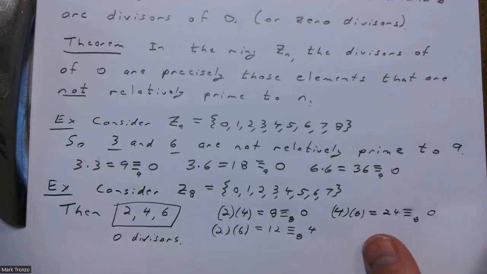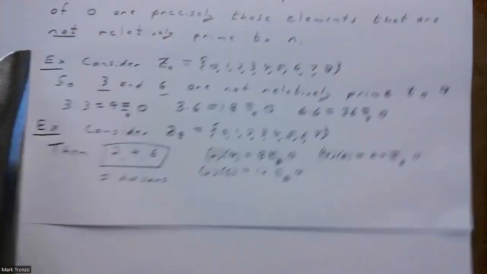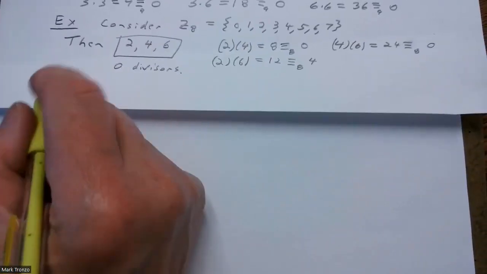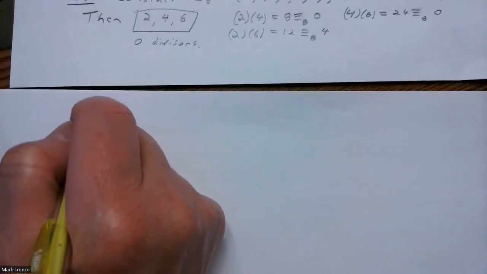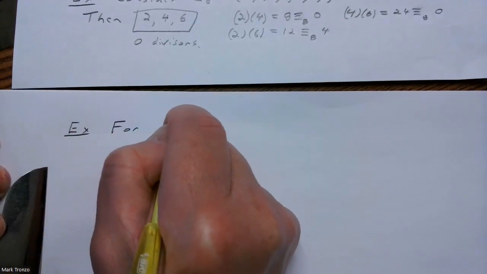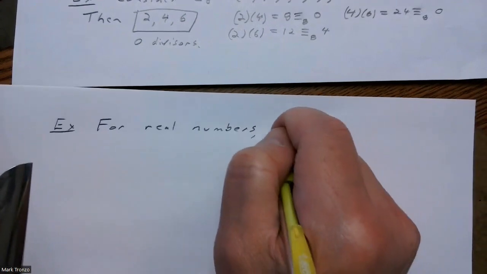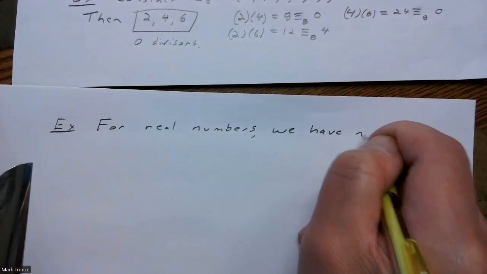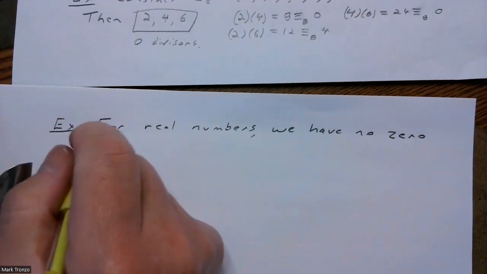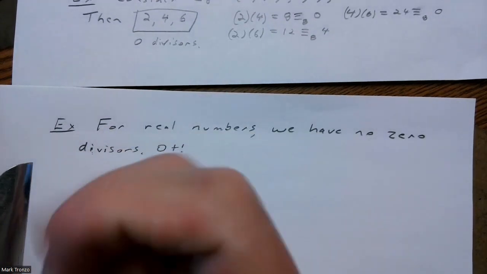So for real numbers, we have no 0 divisors. Otherwise, we couldn't solve